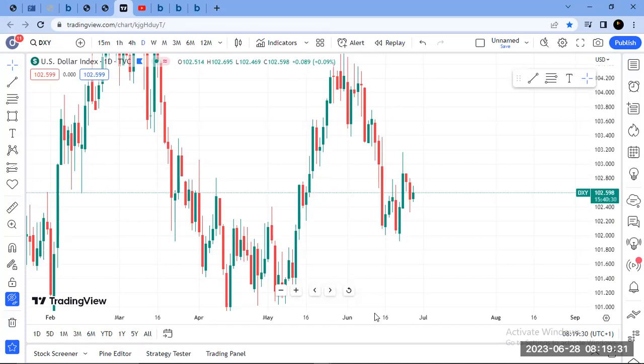Okay, so my idea is, because on this daily you can see what I'll call a change of character on the dollar, and then we retrace back into discount on the dollar. So I expect, not generally,